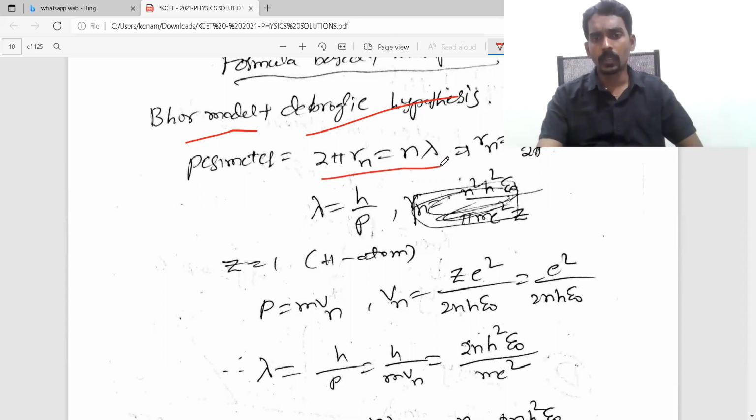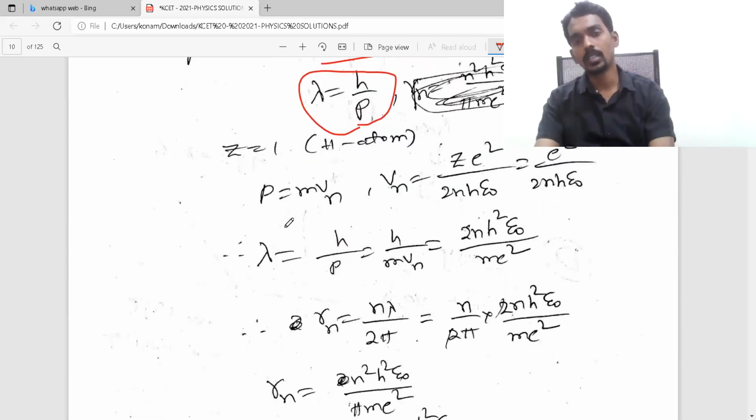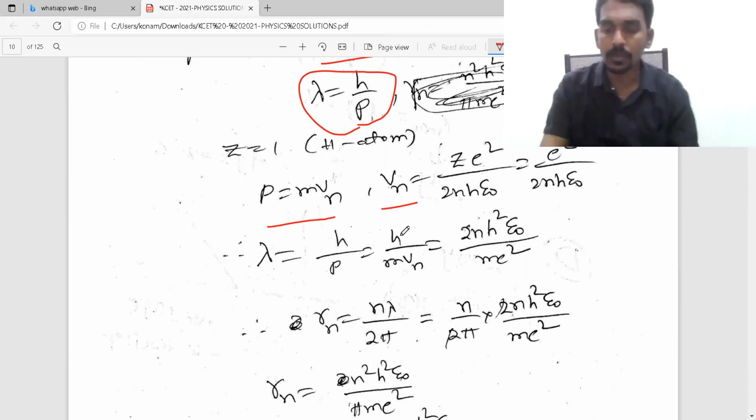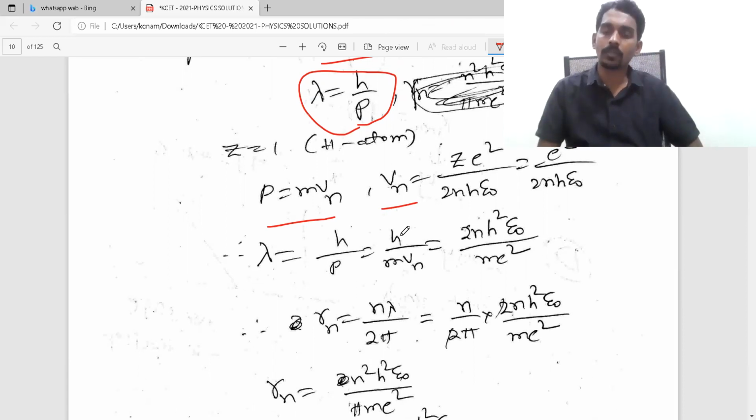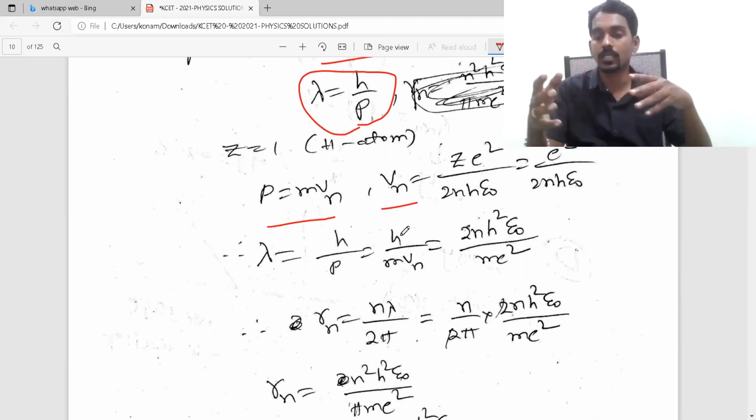Now 2 pi Rn equal to n lambda, so that you will get the Rn equation. But lambda equal to h by p according to de Broglie hypothesis. So you take p equal to mvn, where vn, according to Bohr atomic model, is the velocity of nth orbital electron. But here the problem is not one single formula we are taking and getting the answer. We are taking multiple formulas, combining them, manipulating them, substituting one formula in another one. That's not that easy a job.